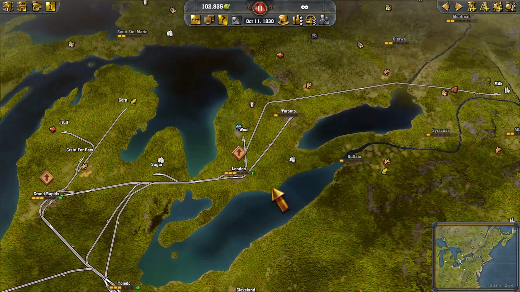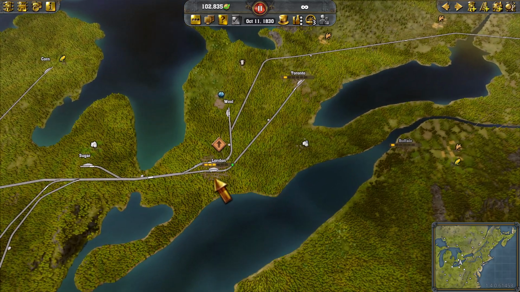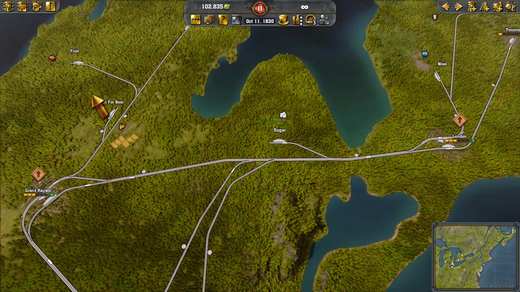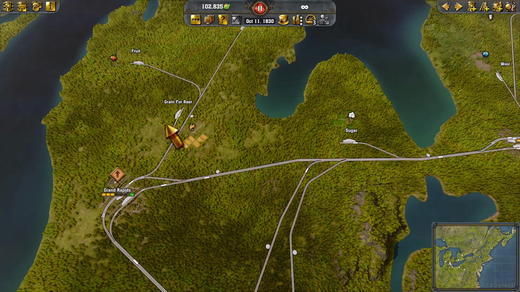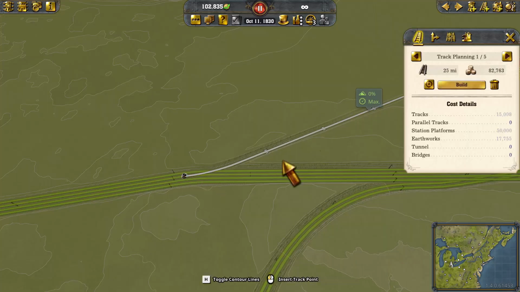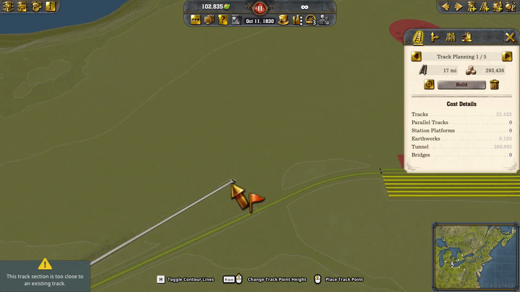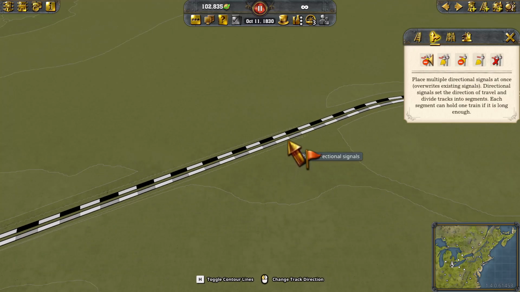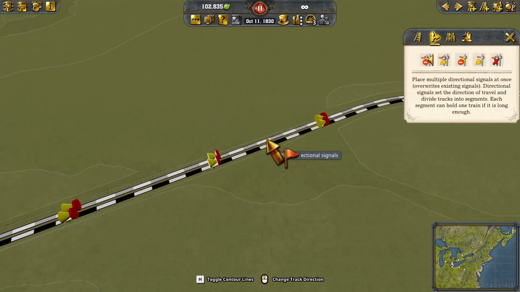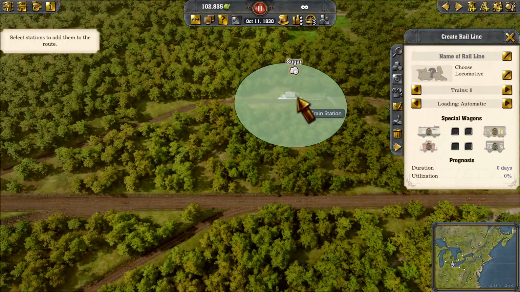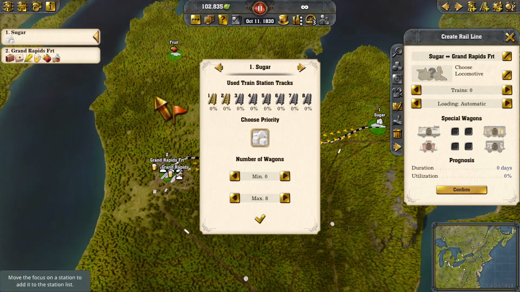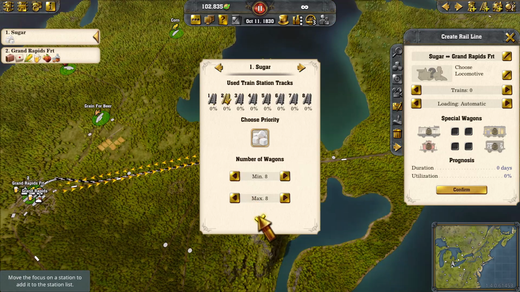Now we want to think about our deliveries. We looked at the wool for the clothing because the clothing needs the cloth, so it's all good. Then we could look at the sugar and fruit for Grand Rapids. Now the good news is the fruit's already going directly there. What I would want to do is build a second line like this out of platform 2 that also ran full, but is actually taking sugar directly to Grand Rapids because it now has a much bigger demand. So out of track 2, running full,